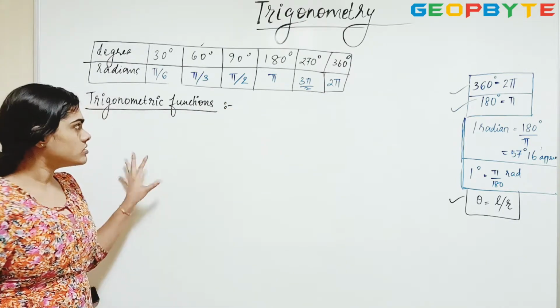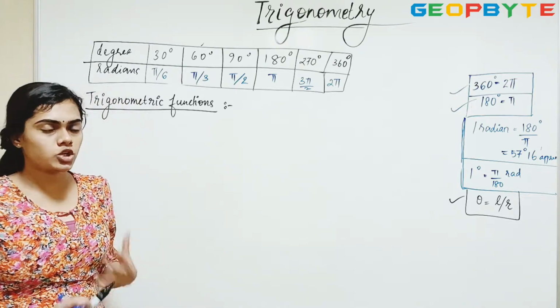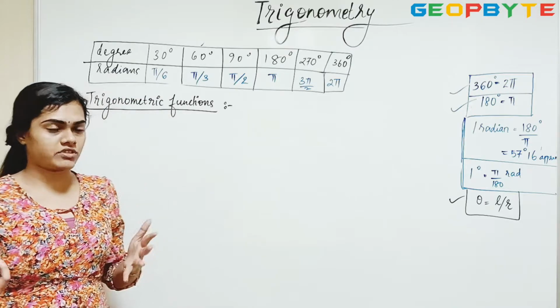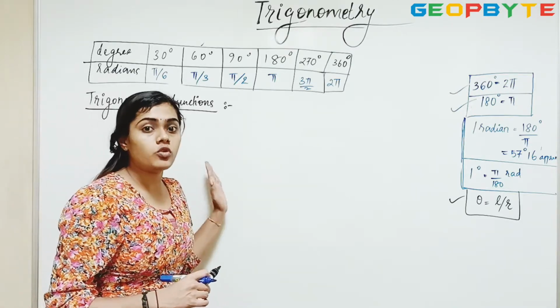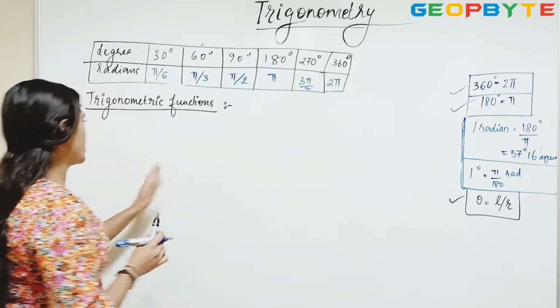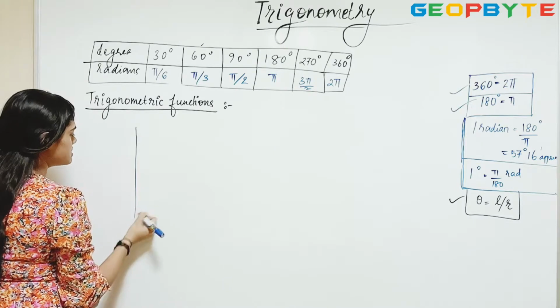Now, the most important part of trigonometry is trigonometric functions, where we include all the angles: sine function, cos function, cosec function, cot function, tan function. So we have to know where it all came from. So it's the starting of trigonometric functions. So first, instead of starting trigonometric functions, we'll first consider